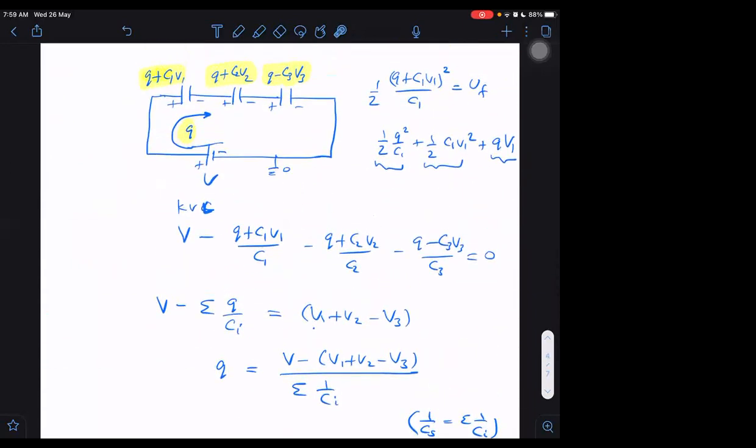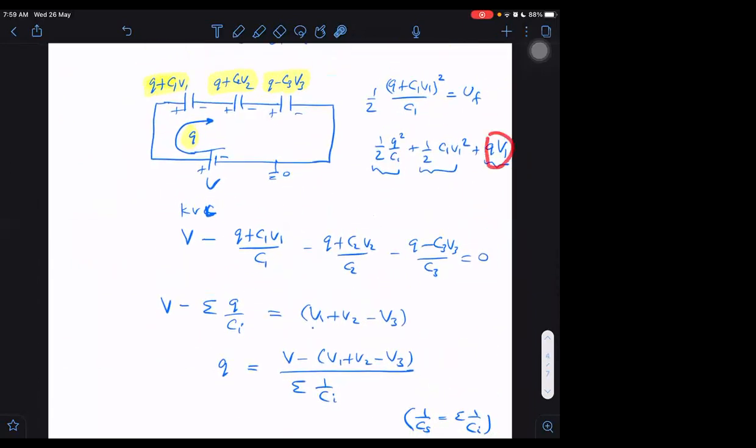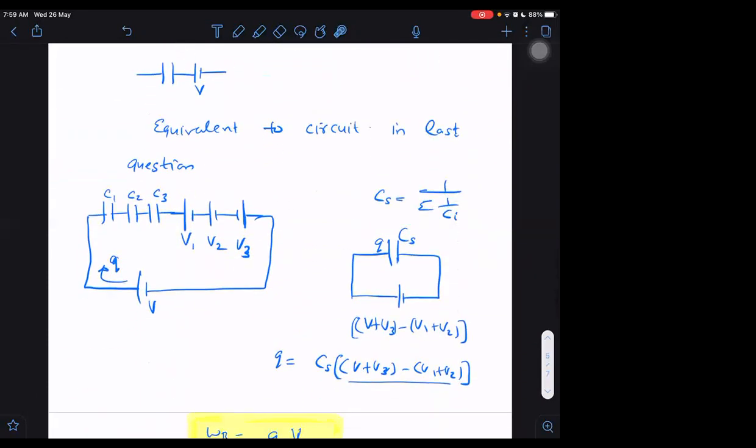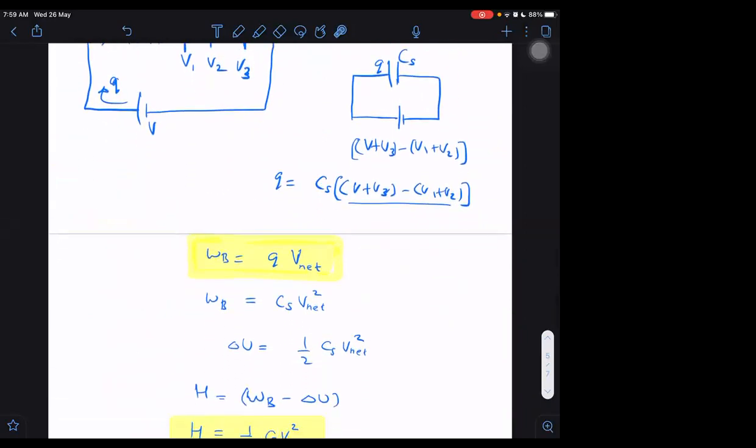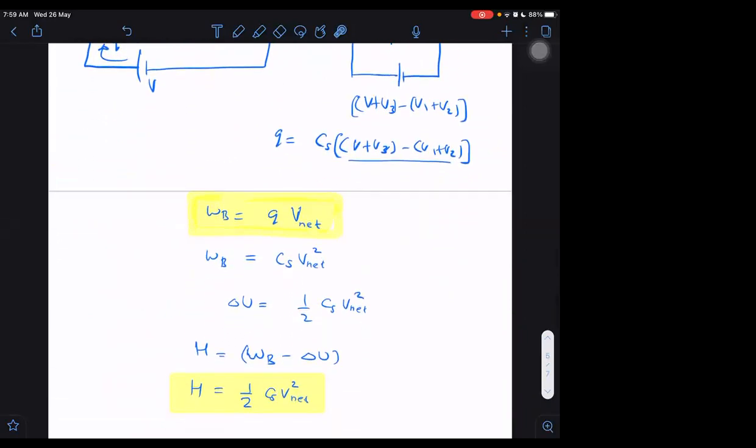Okay, we can have some interpretation for this term also. Anyway, half of C1 V1 square is initial and finally is this total, but this total is not just addition of half of Q square by C1, so it will be a mistake if somebody uses this concept. This concept should be used to only do one thing. What? To find out charge supplied. Then I think this was also right or wrong. This will be wrong then.